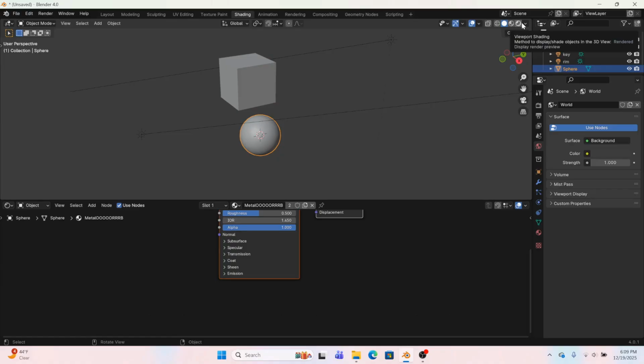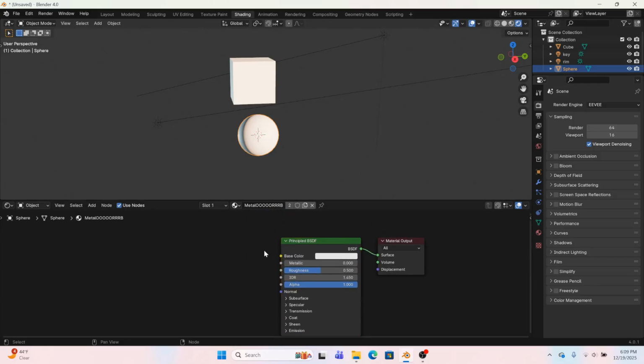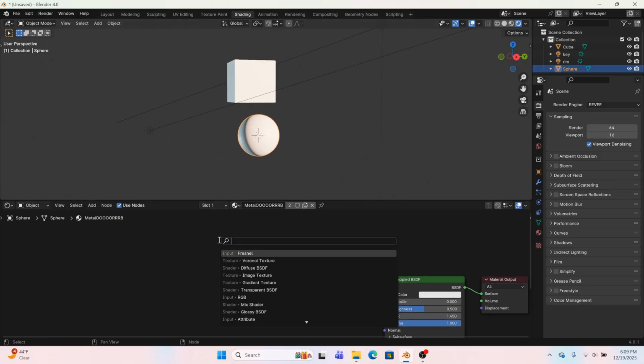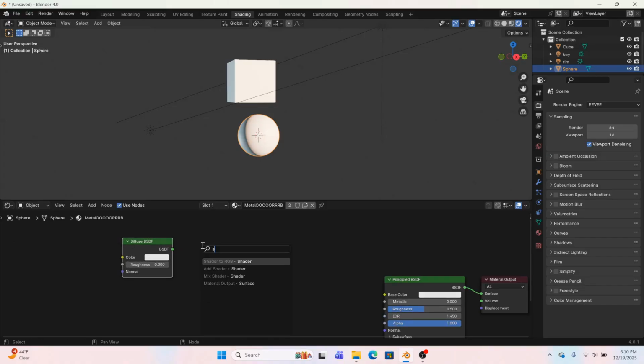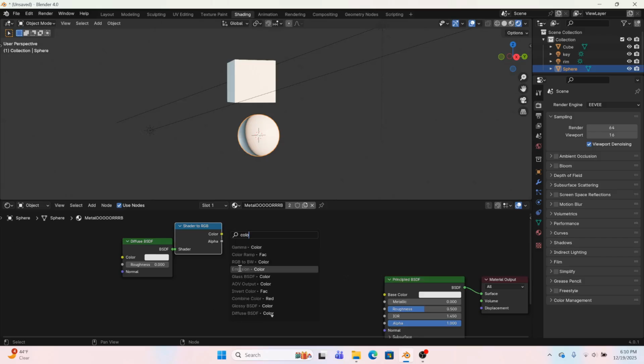So I'm gonna go over here to viewport shading. Oh, real quick, this is in Eevee. So we're actually gonna leave the principled BSDF, but we are gonna make a toon shader. So this stylized look, actually you might not even need the toon shader, but I'll just start with it. So diffuse BSDF, shader to RGB, that's taking our shader data and making it color data,